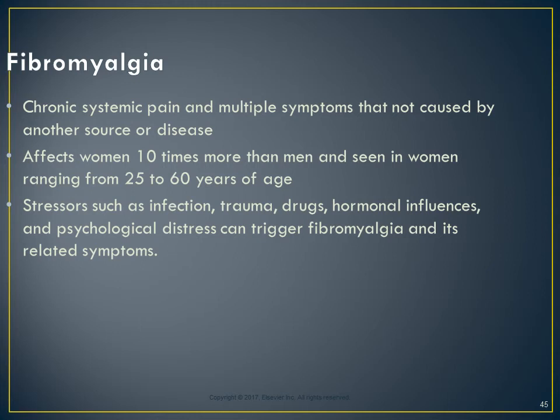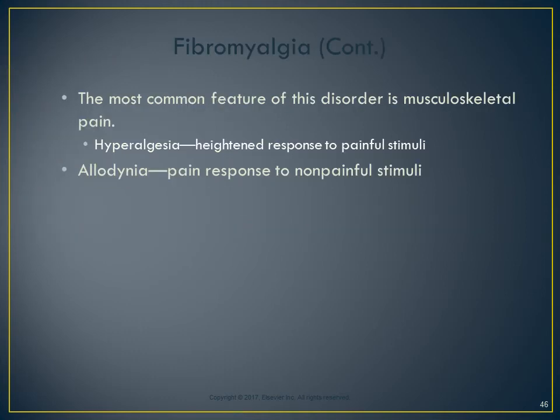Over the years, evidence-based research has supported the belief that this disease is caused more by an inappropriate neural response to pain rather than inflammation. It appears that this disorder may also occur because of a deficiency in the neurotransmitters dependent on serotonin and norepinephrine within the central nervous system. As fibromyalgia is better understood, more advances in the diagnosis and treatment of this disease with and without drugs are being developed. The most common feature of this disorder is musculoskeletal pain,